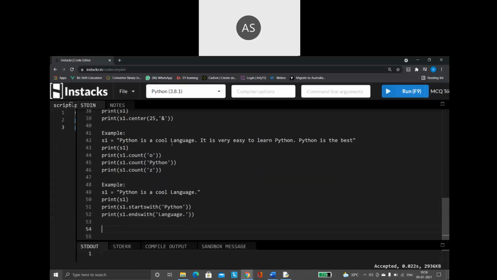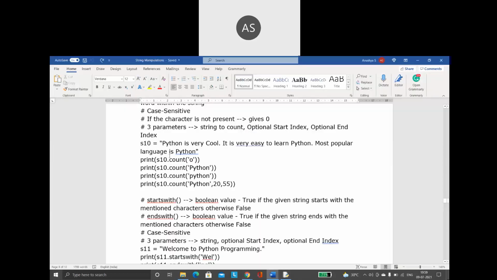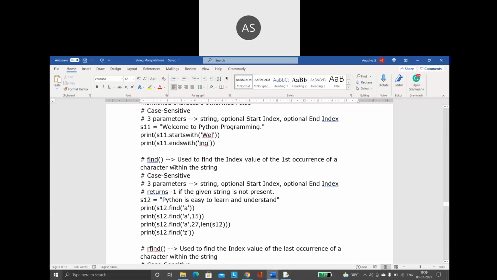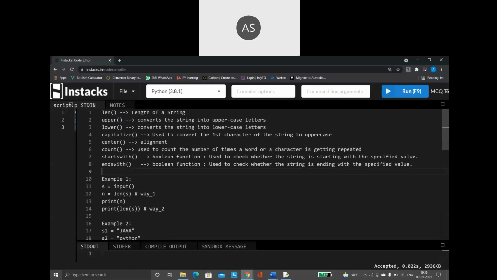Right. Moving on to the next function. We are going to discuss two functions here, or rather to say four functions: find, index, then rfind and rindex.